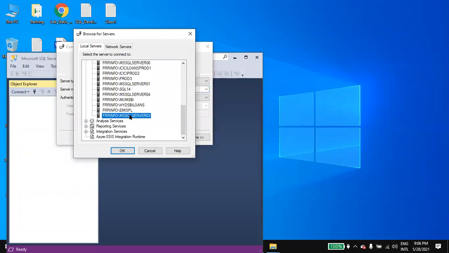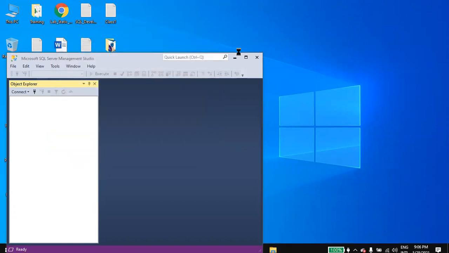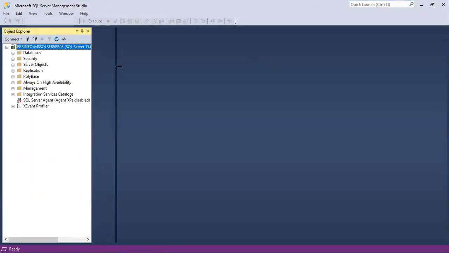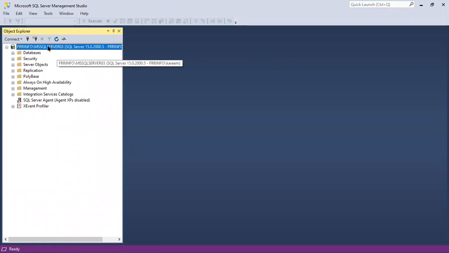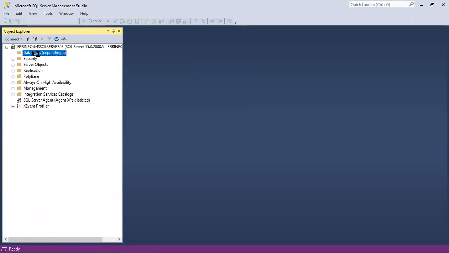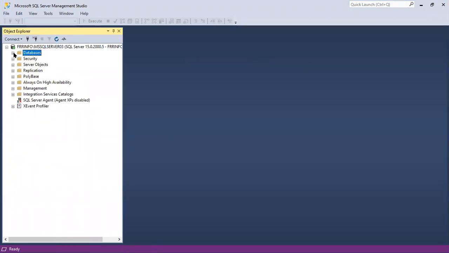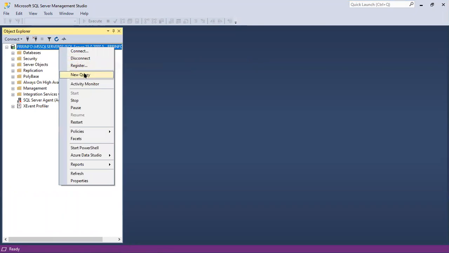So this is our server name. Okay, understood, right? Connect, connected successfully. Means through this SSMS tool, we have connected successfully. Now remember, there are no databases, it is a fresh instance, only system databases are there. We can take a new query.